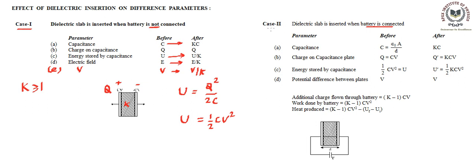So let's see this under the category of case 2. We are going to take the similar parameters again. So what happens to the capacitor? We have talked about the capacitance gets multiplied by K, and this change in capacitance does not depend on whether the battery is connected or not, because we know this is arrangement, and arrangement depends on the medium and the parameters, like size, shape, and other things, right?